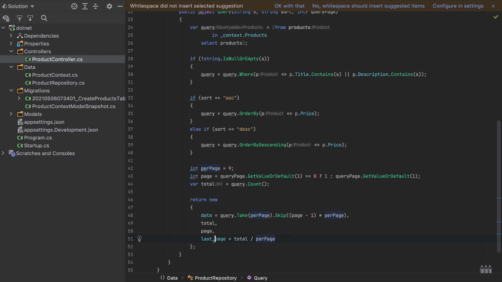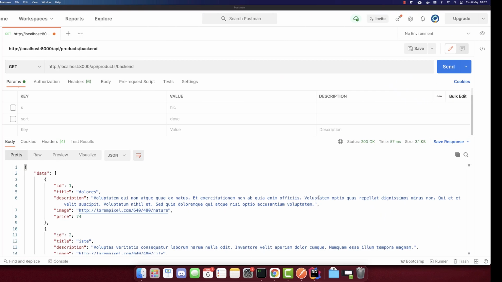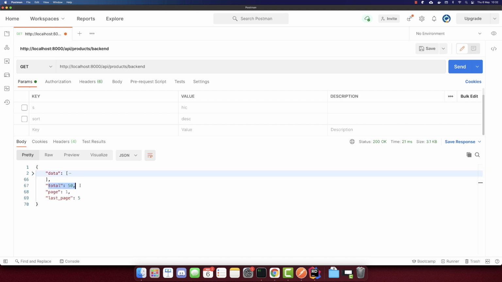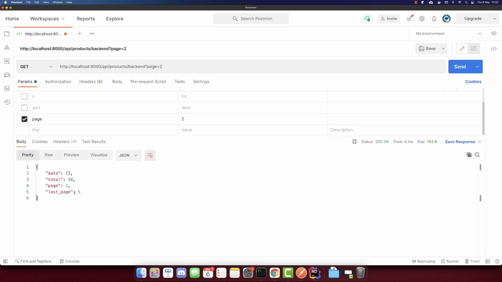This should be an integer, but since the total and the per page are both integers, the division will be also an integer, so we don't have to do anything else. So if we see this on Postman, we'll get the data here, but we will get also the total, page, and the last page, and we can add the page 2 here, so we can move to the next page,